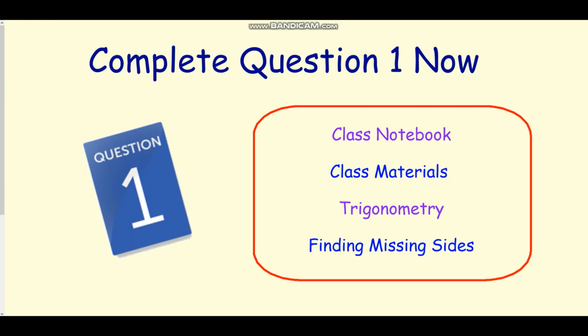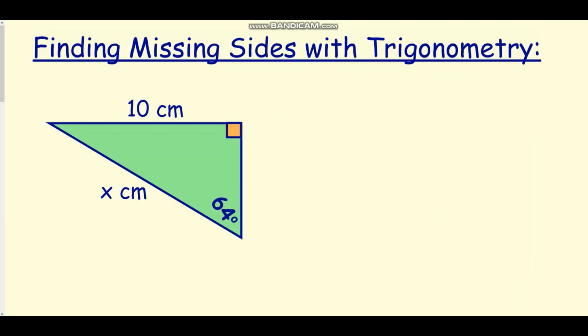Okay, you're almost there. We're going to do one more type of example and then I'll let you finish off that activity that you just started. Okay, so this type of example comes up if you are missing a value, if the x that you are looking for happens to be on the bottom of the fraction instead of the top of the fraction of your trig ratio. Okay, so doing all the same steps as before, writing out SOHCAHTOA,